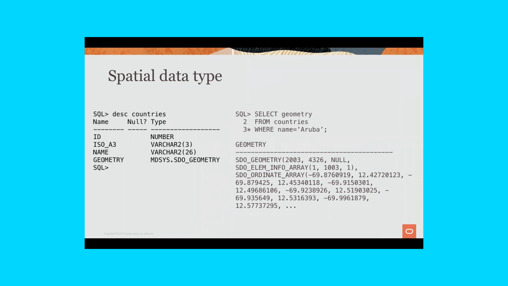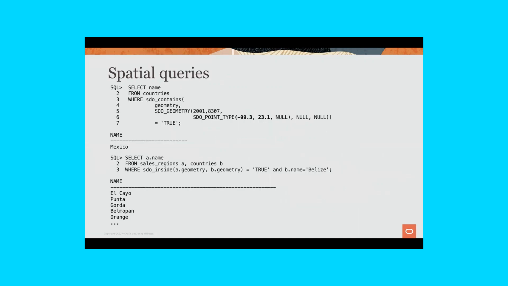So for people who are interested, if you want to dig down a little bit more, all we are doing is taking this geometry data and storing that in the same table that typically is used to store your application data. So for example, if I have a table called countries, then I have other attributes for the country, like the country name and ISO code and things like that. And I also have the geometry for the country defined as a sequence of longitude and latitude values. All we are doing is taking those values and putting them in a type called SDO geometry. And then once you have that in the table, then you can do spatial queries on top of that.